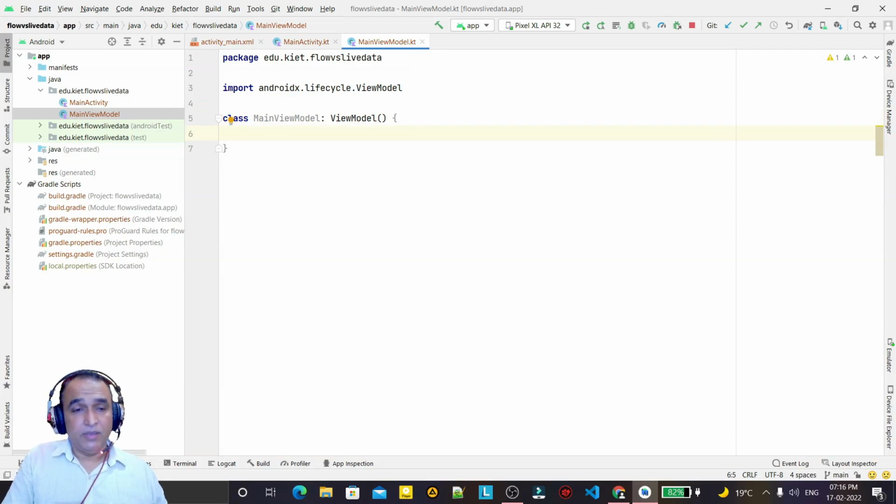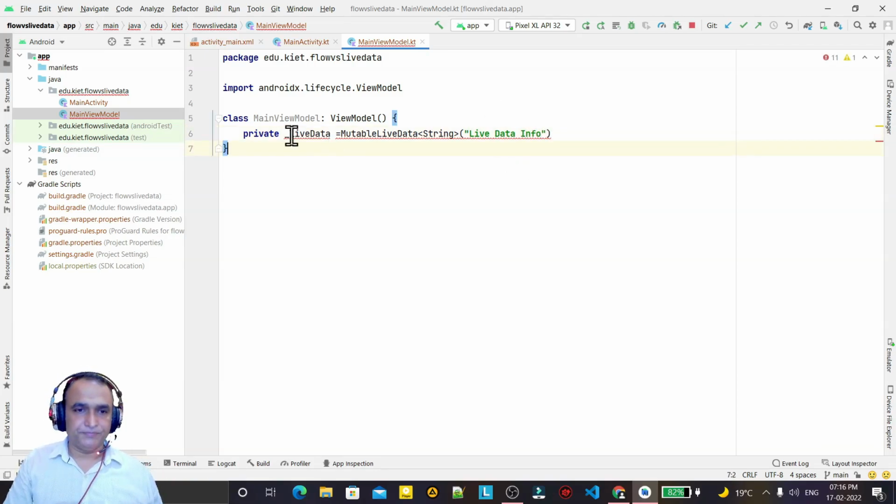Here I am creating a private live data just for example, and I say mutable live data string, and here I pass live data info.